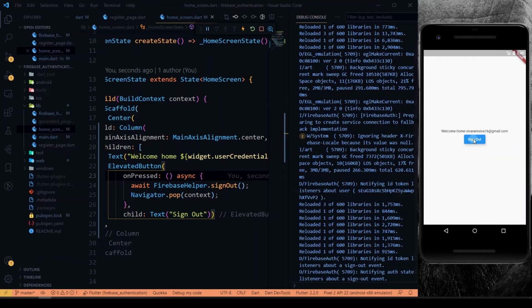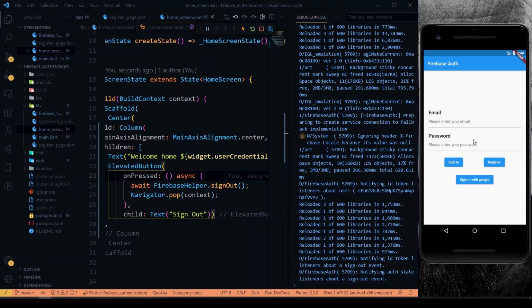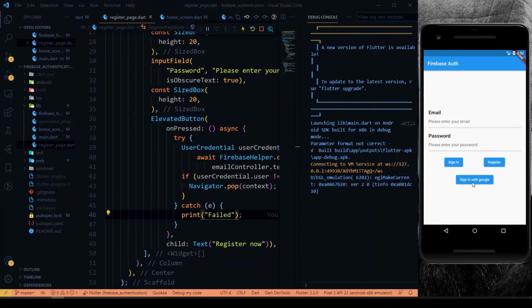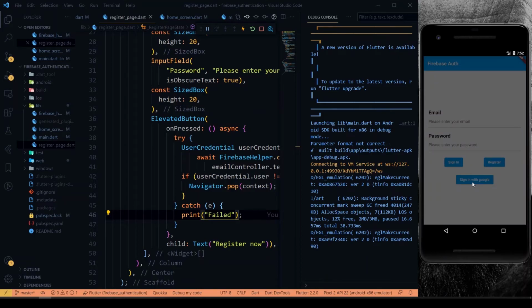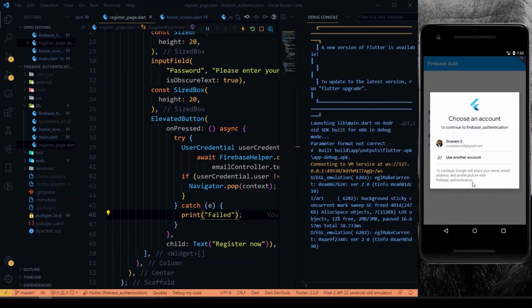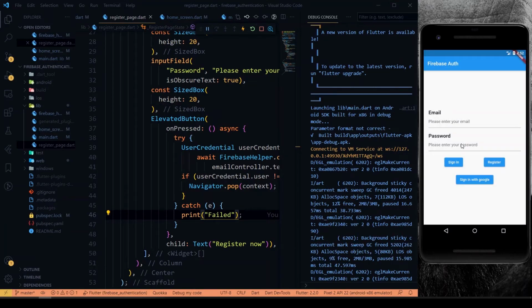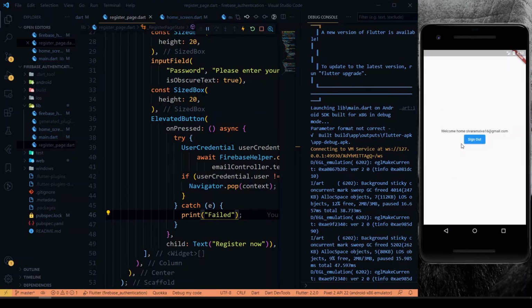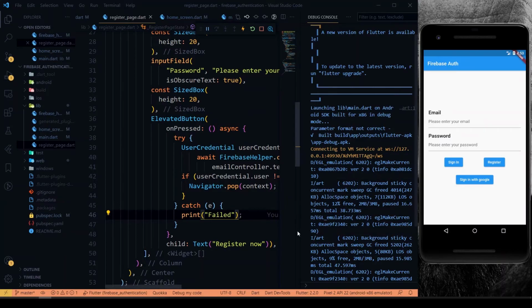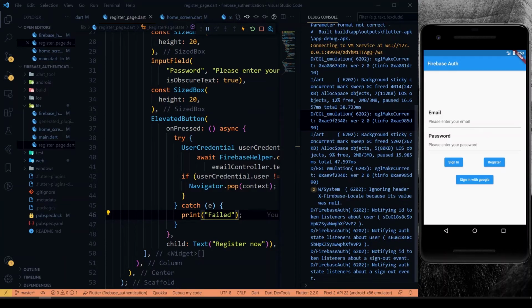If I click the sign out method, it gets popped out to our login screen. If I click the sign in with Google method, it will ask us to choose the account. If I choose the account, it will take us into our home screen with our user credentials here. If I click sign out, it goes to our login page again. So this is how it works, guys.